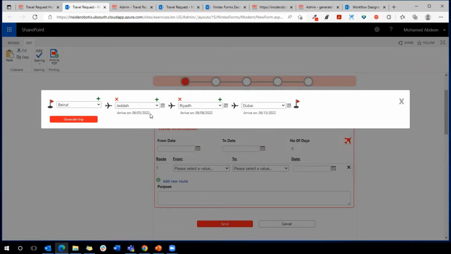Automatically, the date will be generated as arrived on this date. And you can also delete a route. For example, I should delete this one. I can add another one. I should go, for example, to Muscat, and I will add the arrival date, which will be on the 7th. And upon clicking on Generate Trip,